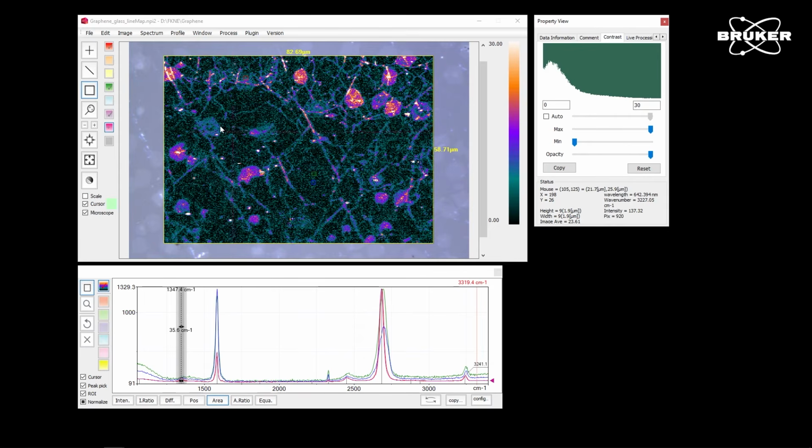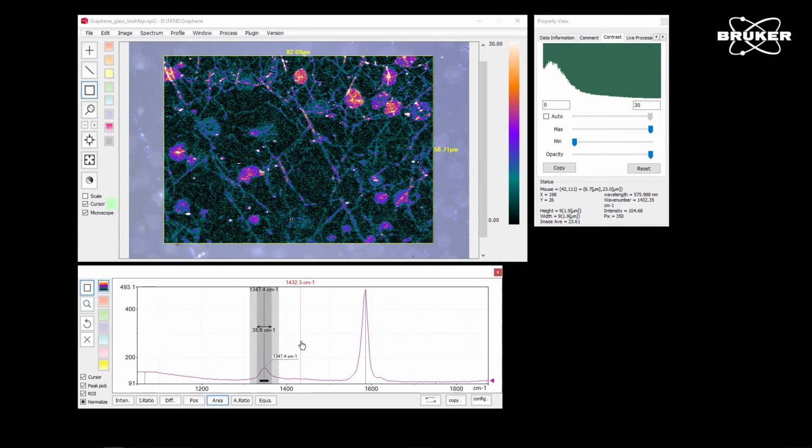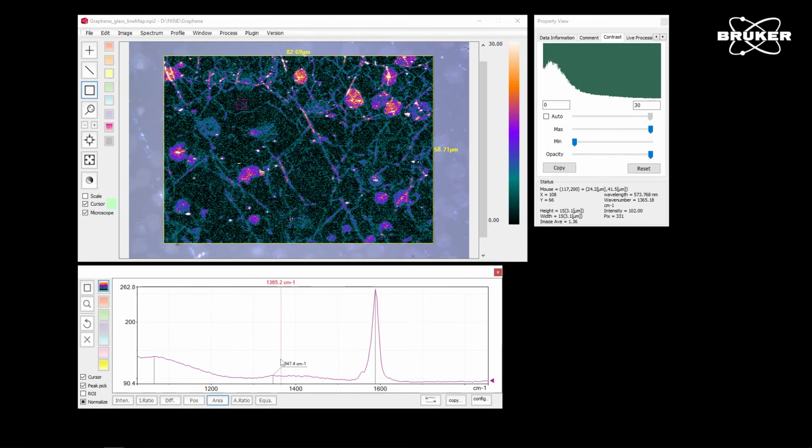So if we clean up our spectra a little bit and zoom in to this part, we can see that here is this defect. If we go to this one, we have it as well. In one of these darker areas, this band more or less vanishes since it is forbidden and only present in such defective carbon samples. We can nicely see how good the overall quality is.